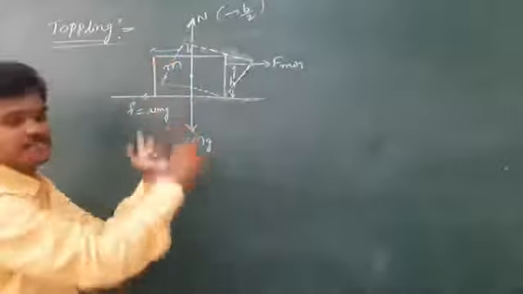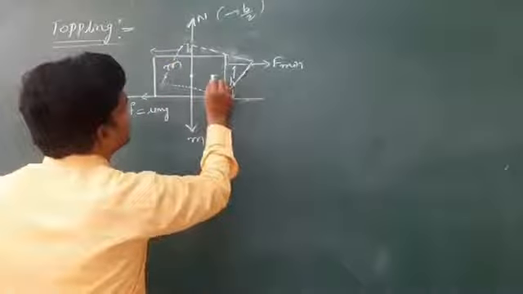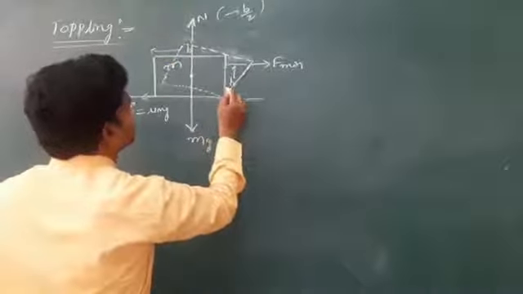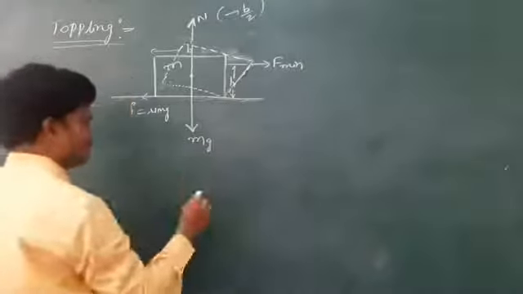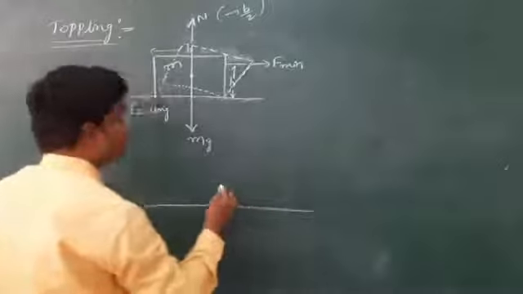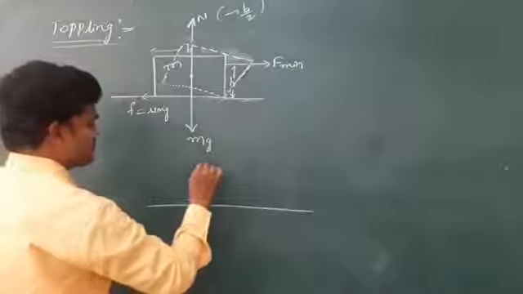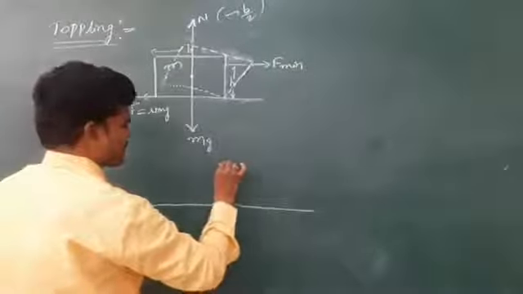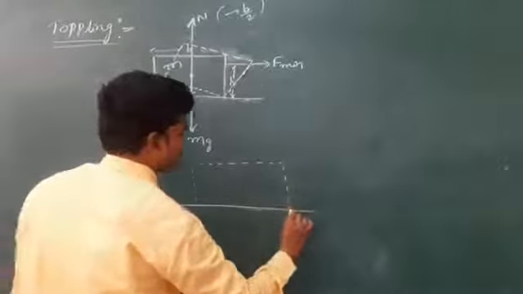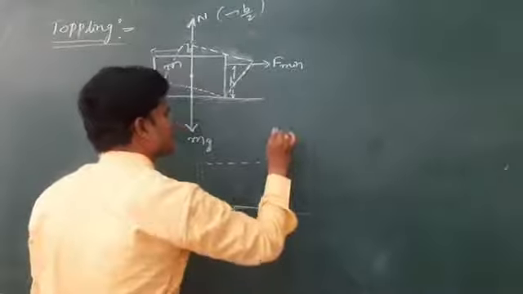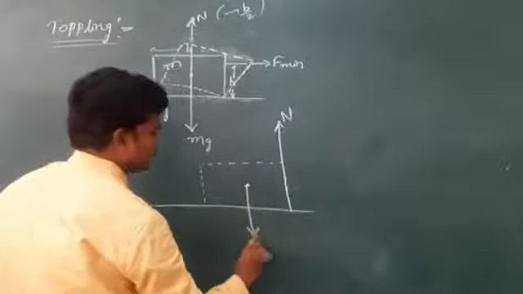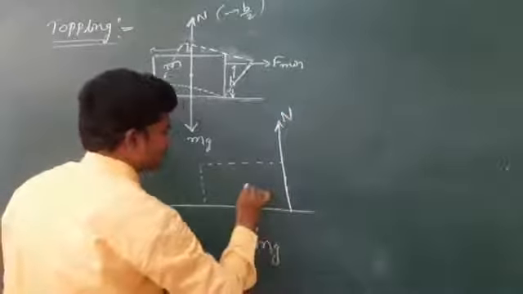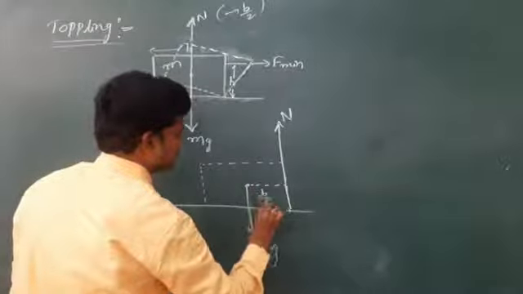Yeah, this is the new position. Okay, and maybe the normal reaction will shift. The maximum shift in normal reaction, the new normal shift, let me draw one more diagram for understanding. So the maximum shift in normal reaction force is what? This is the maximum shift in normal reaction force, and this is the weight of the body, and the shift is b by 2.